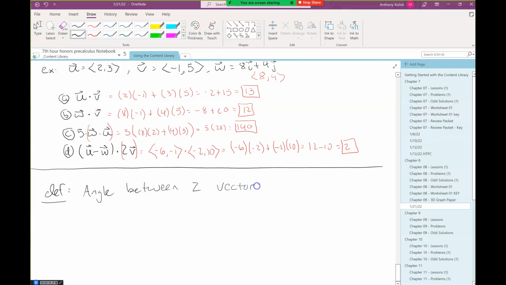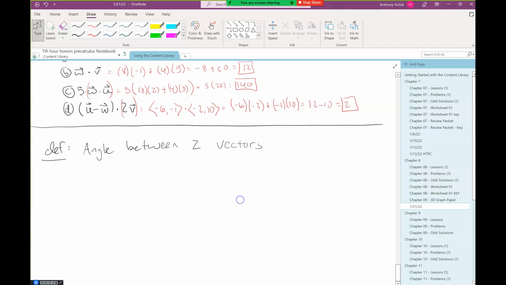So the next thing we're going to talk about is the angle between two vectors. So let's say I have some vector here, u, and some other vector here, v. When we're talking about the angle between two vectors, we're talking about that. Everybody feel good there as to what that means? So to do that,